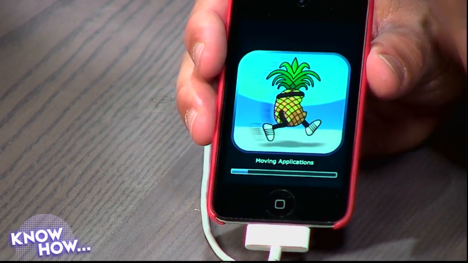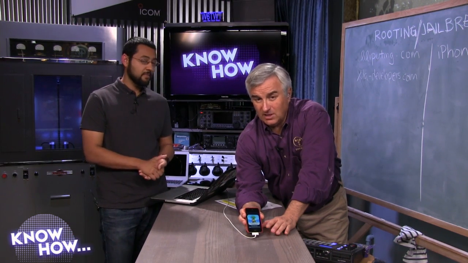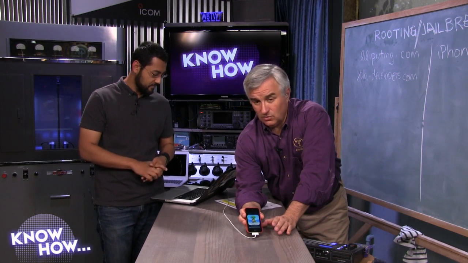One thing we probably should have mentioned is before you do this process, do hook up your iOS device to iTunes and sync and get a full backup made, because if the worst happens or you don't like it, you can always then do a restore and put the old firmware back on there.